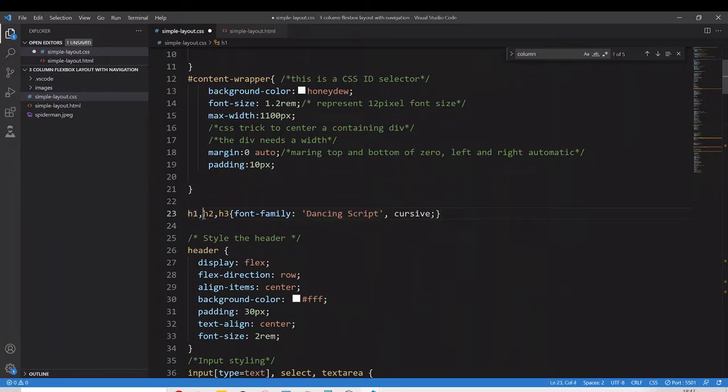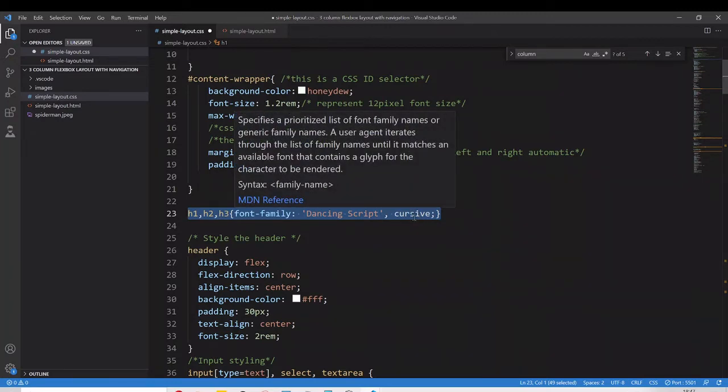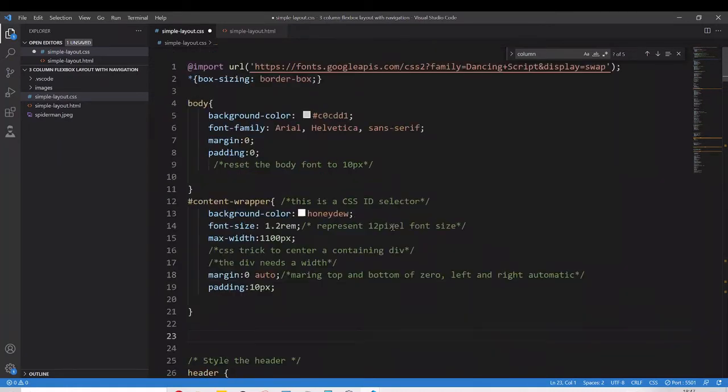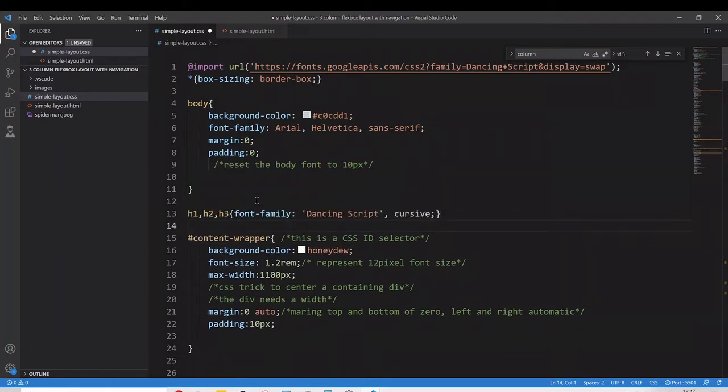So my H1, H2 and H3s are all Dancing Script font, and they're a cursive type font. So you should go research what cursive type fonts are. They're more of a floral type font. I'm going to put these under body, because this is a selector here. So I want all my